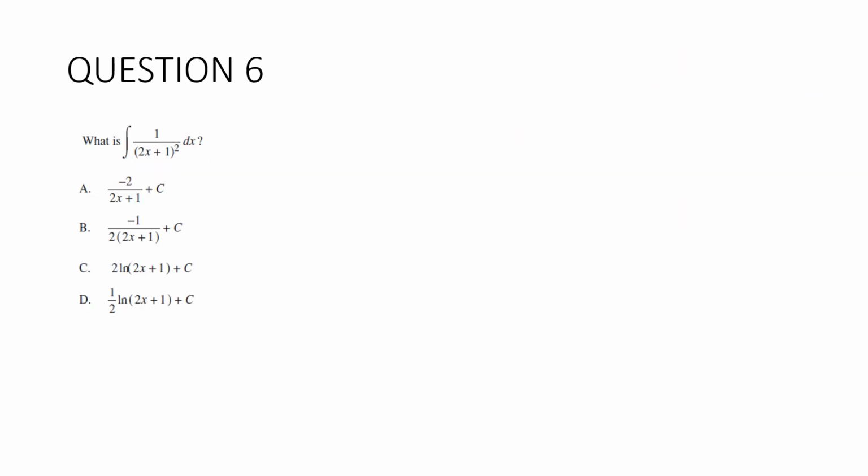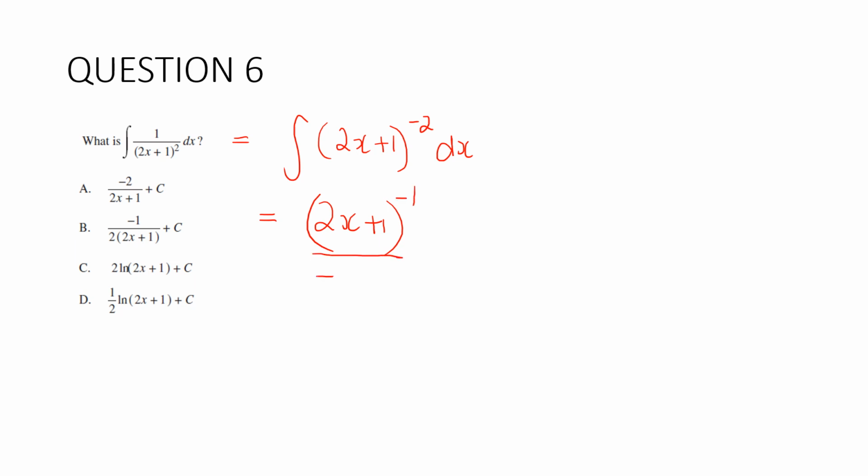Question 6. What is the integral of 1 over (2x plus 1) all squared dx? Now this of course is the same as the integral of (2x plus 1) in brackets to the power of -2 dx. And this is just a reverse chain rule. So taking my outside function, and I'm going to integrate it, that's to the power of -1, divide by the new power. And then I'm also going to divide by the derivative of the inside function, which is 2